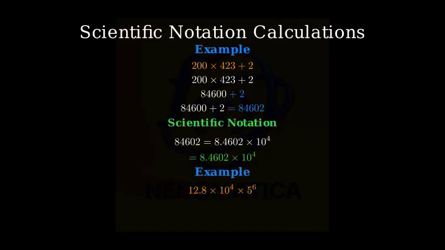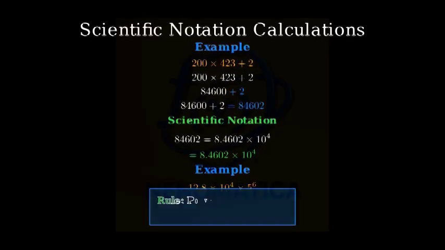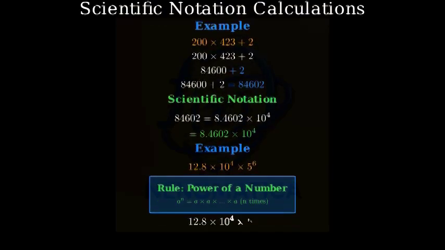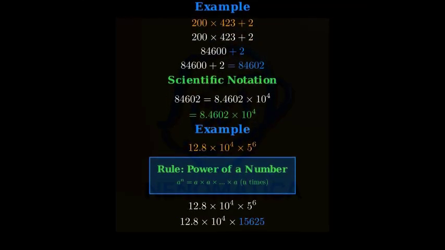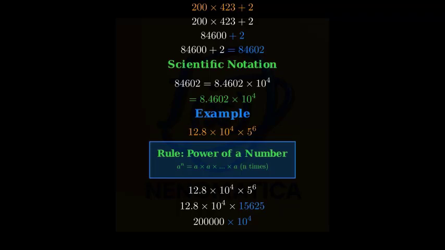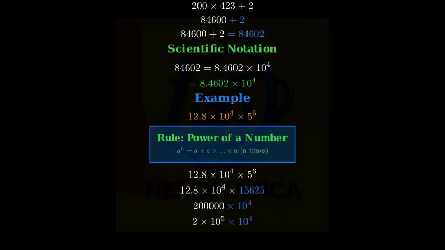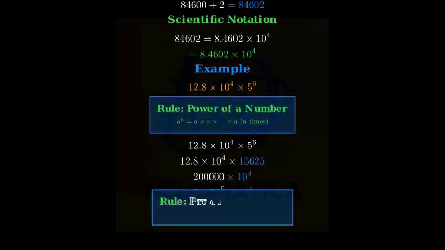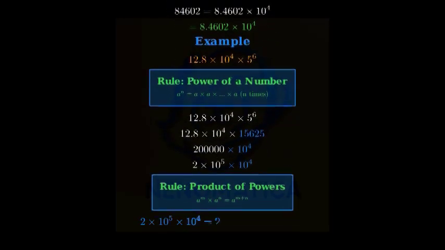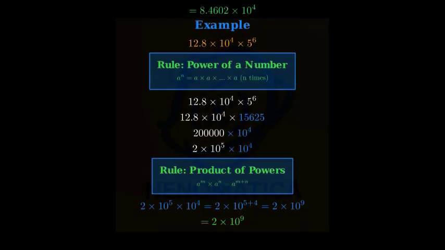We have 12.8 times 10 to the fourth power times 5 to the sixth power. To solve this expression, we first need to calculate 5 to the sixth power. 5 to the sixth power equals 15,625. Now, we multiply 12.8 times 15,625. This equals 200,000. Next, we rewrite 200,000 as 2 times 10 to the fifth power. Finally, using the product rule of exponents, we add the exponents of 10 to get 2 times 10 to the